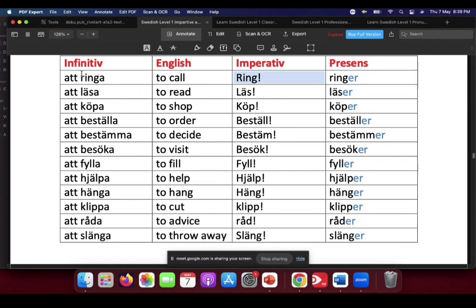Why? Infinitive form is at ringa, and here it is ring. Ring. If I say call your friend,